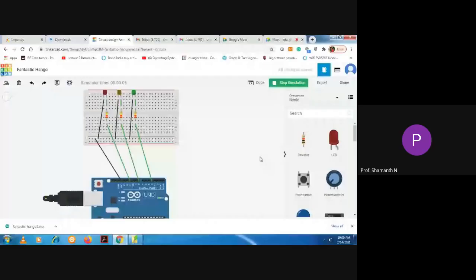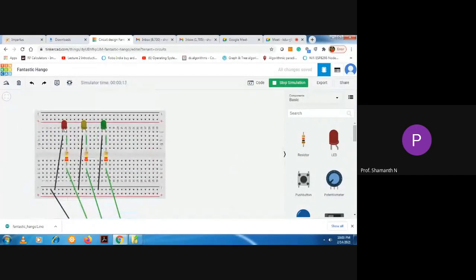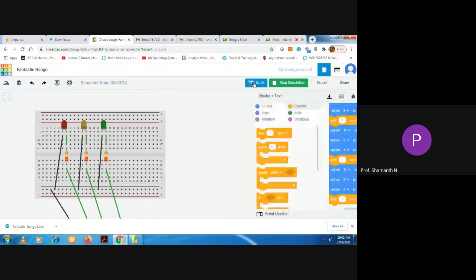Okay, let me enlarge this window so that you will be able to see. You can see the red LED is on, then yellow, then the green LED is on. If you put a longer wait interval, you'll be able to see it better. So let me increase the wait.